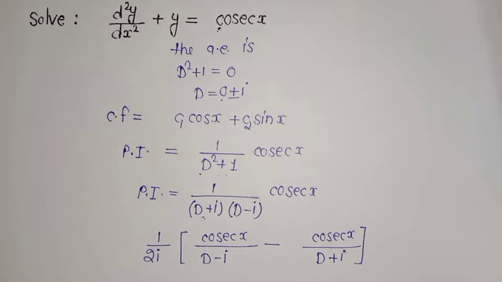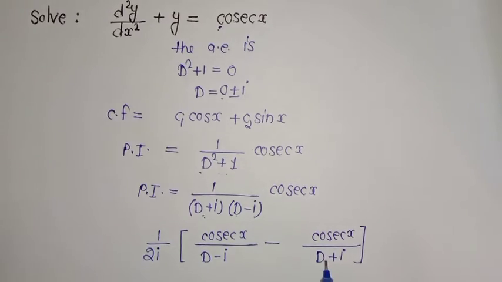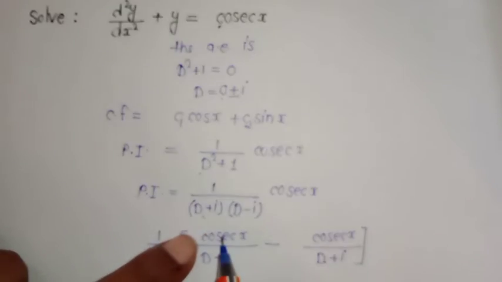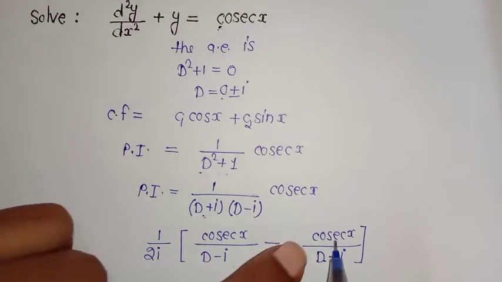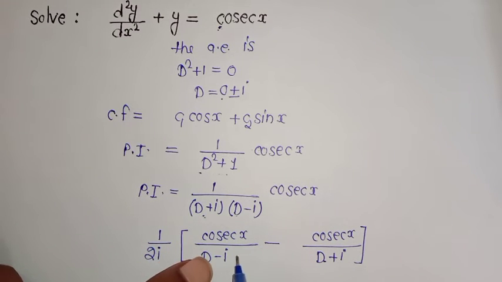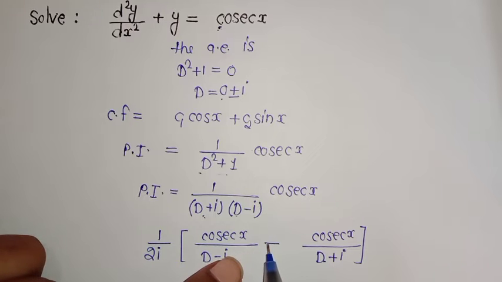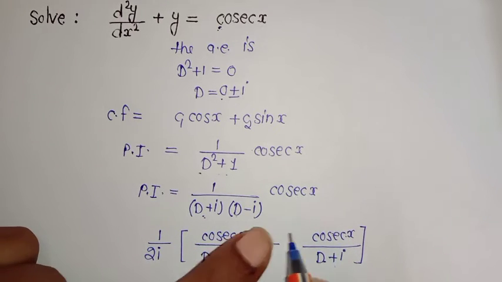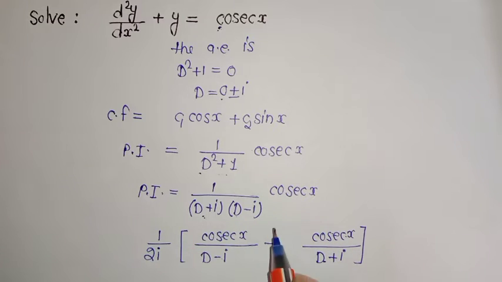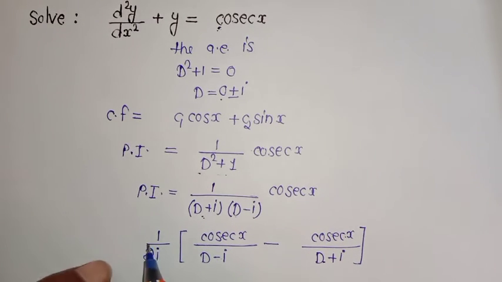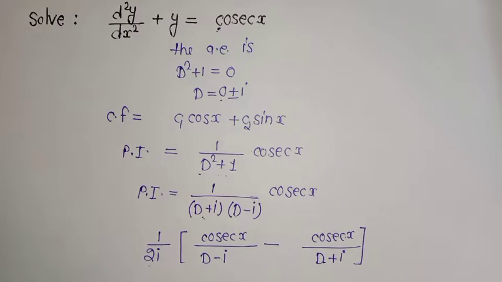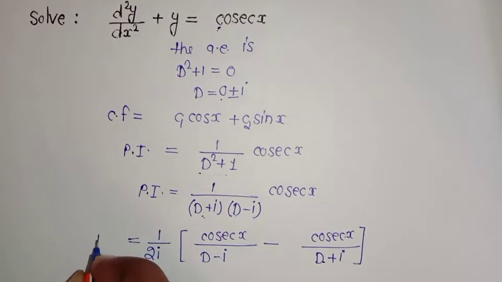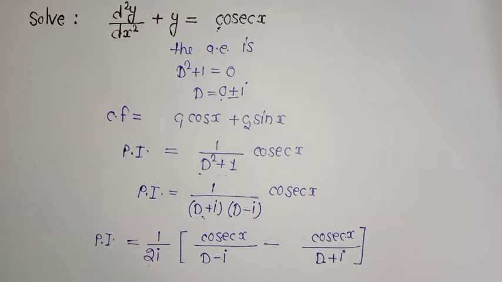If you have any problem, then I want to tell you that firstly we take D plus i at this side and D minus i at this side. Then you can see minus minus becomes plus, because minus i becomes plus here because minus is present here. So D gets cancelled by D and 2i is in the numerator. So in order to cancel that 2i, we take 1 by 2i outside of this bracket. So I hope you understand this. This is so easy. So I am going to write the next step.